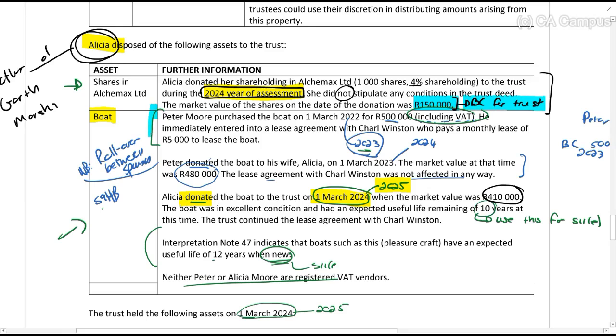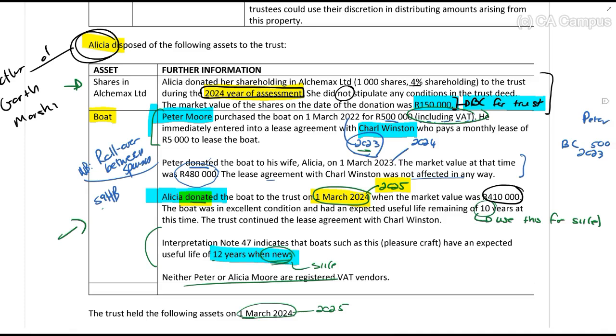So what do we see here then? Then we have this situation here where Alicia donated the boat. So this is a disposal of an asset. It's not a personal use asset. We don't know how long the boat is, but it's not that rule about the 10-meter long boat that we're looking at here. It's not a personal use asset because it's used to generate income. It's not used for personal purposes. They're renting it out to an independent third party. So this is a business asset, and it was written off over 12 years at the time when Peter Moore acquired it, okay, when it was new. And that's what we'll look at now.